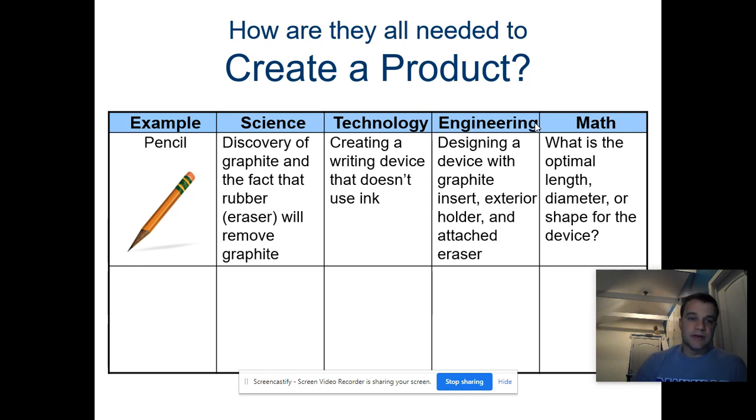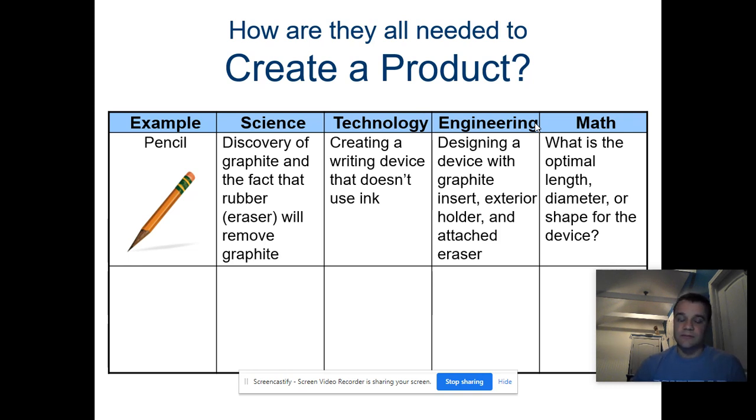Let's look at the example of a pencil. Where is science found in a pencil? Well, the graphite, the tip of the pencil, was originally combined with clay. Graphite can be mined from the ground, and it gets combined with clay. I know that's not here on this slide, but it's baked just like a brick is, and that creates a stable graphite substance that can be used to write. Now,